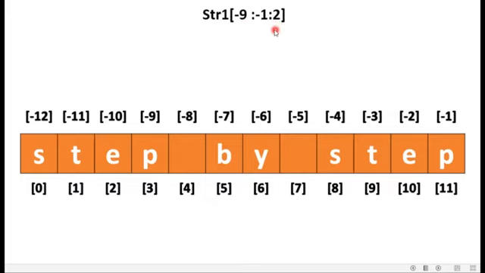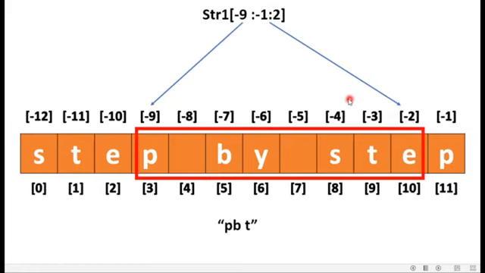So here we have defined 3 values. Starting value is -9, so it will point towards the -9 index position. End value is -1, so it should point to -2 because -1 will become -2. So it is pointing towards the -2 index location. And because the stride value is given as +2, the printing will take place from left to right itself. So it will be done in this way. So the range will be taken from left -9 to right -2.